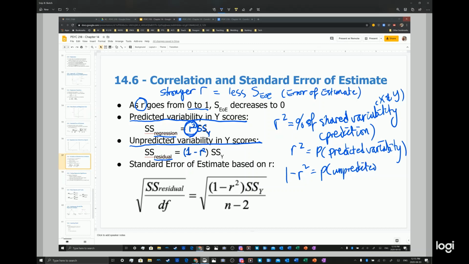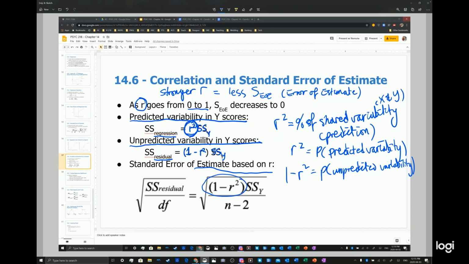And looking at the proportion of this, we can use it to calculate our standard error of estimate and complete our regression lecture. Okay. So the sum of squares y is the same. But for unpredicted variability, we use 1 minus r squared, the rest of the outcomes. And so based on r, our standard error of estimate based on r then is your unpredicted